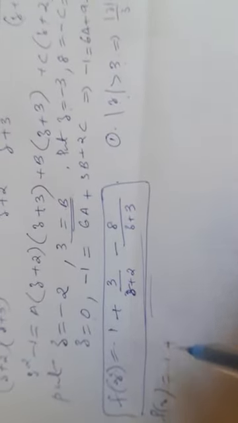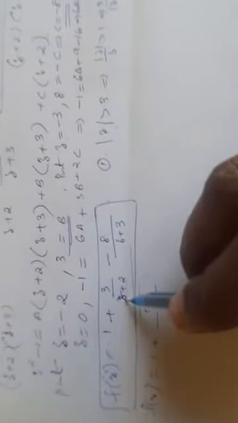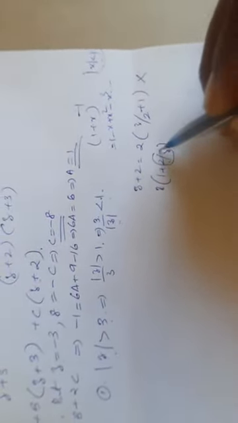Okay, so in this case, f of z will be 1 plus 3 by z plus 2. So here, please remember that 3 by mod z is less than 1. So if we take z outside, 1 plus 2 by z will be there in the denominator. So we need to check the modulus of 2 by z.